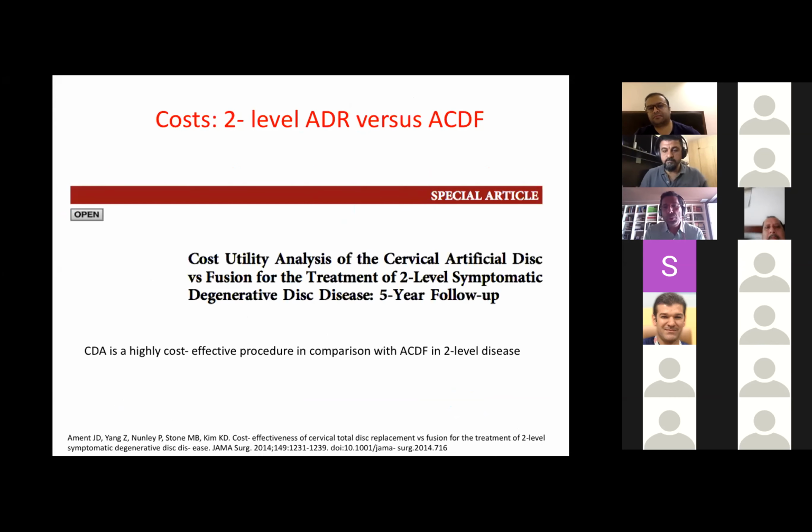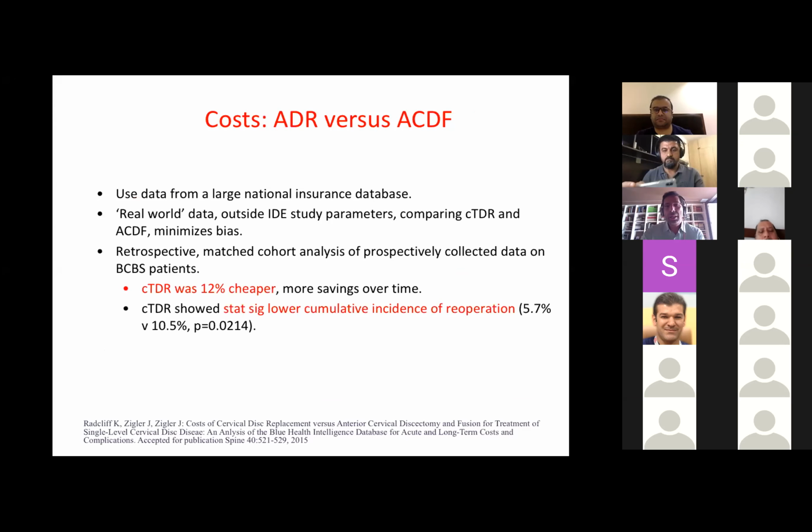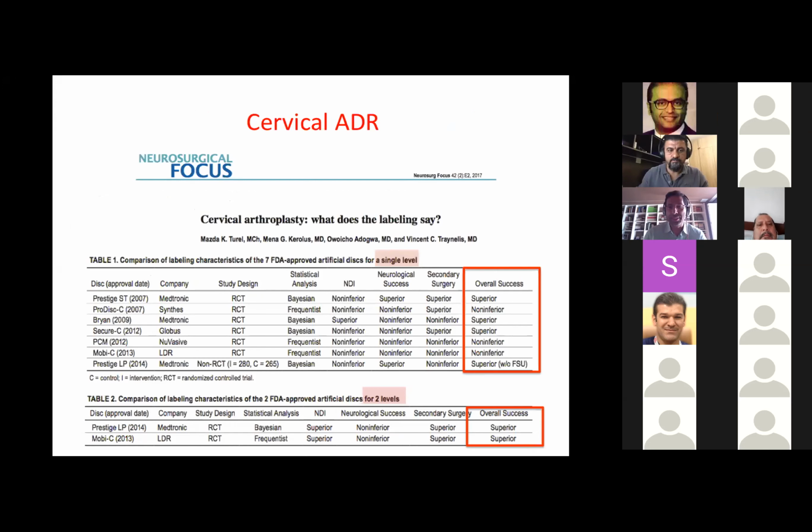And actually, we have quite good papers showing that cervical arthroplasty, even at 2 levels, is highly cost-effective compared with ACDF. And if you pull out data from a large national insurance database, which is really real world data, there is no really big bias. You can see that TDR was 12% cheaper than ACDF, and there was a significantly lower cumulative incidence of reoperations with TDR compared with ACDF. So I think cost cannot be a problem, and in the future more studies will come